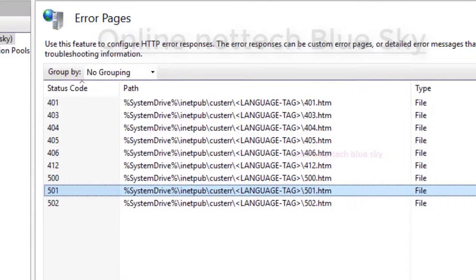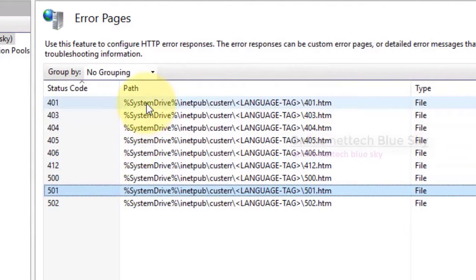So 401, 403, 404, 405, 406, 412, and 500, 501, 502, why are these used here? This is one type of file, the error page, for when you are changing your website or anything.